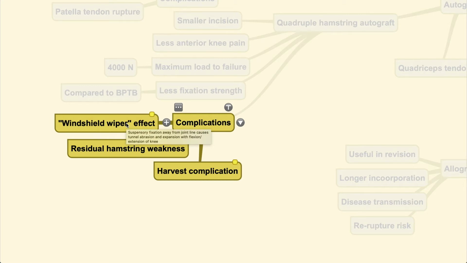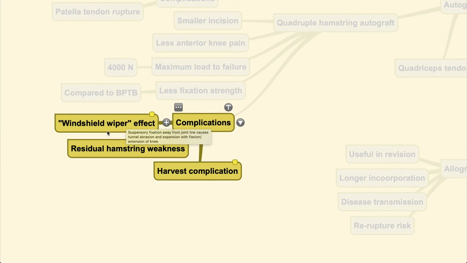Since you are actually suspending the ligament away from the tunnel, you are putting it in a suspense position that will cause the tunnel to be slightly larger due to erosion by the ligaments with a windshield type of movement. As you can notice, like in a car, the windshield goes from right to left, and that is how your ACL moves inside the knee during your knee motion, from forward to backward,